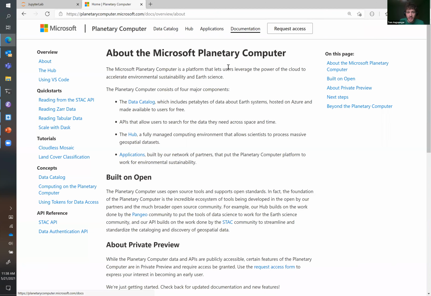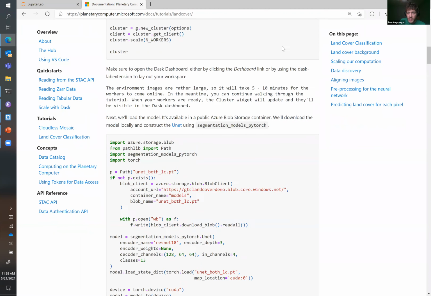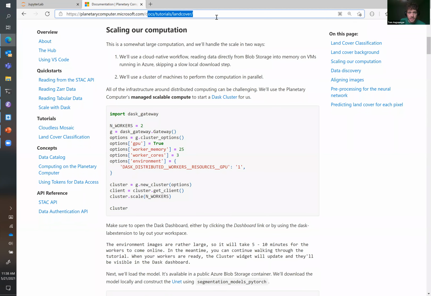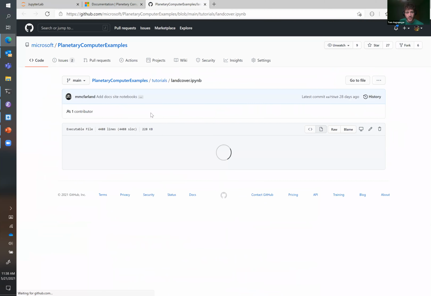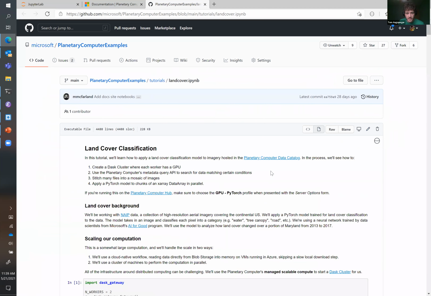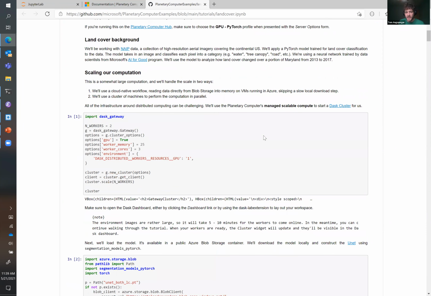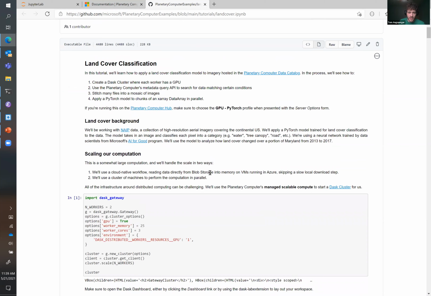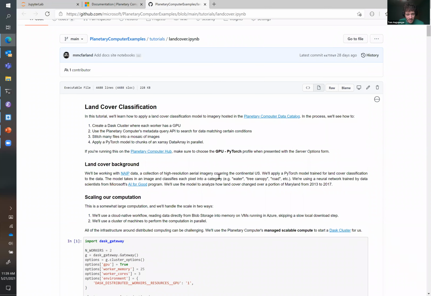Yeah, so ideally, this tutorial is mostly copy pasted from here. This is the docs/tutorial/land cover, and it's on GitHub as well. So if you want to take a look at the actual notebook itself, it's there. And with that, you can adapt it until we can get to approving your account. You can play around with it, see how it works. The one thing that might be kind of hard is